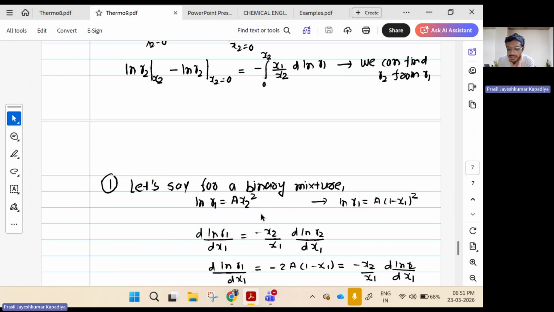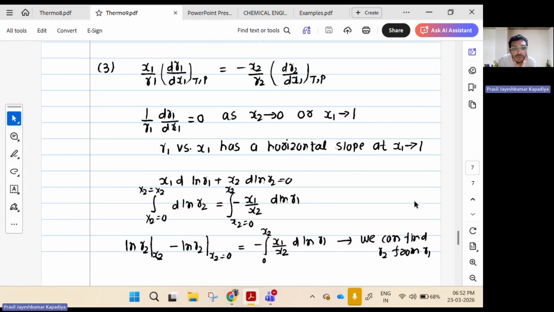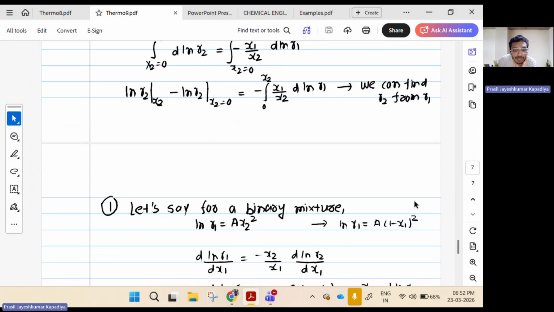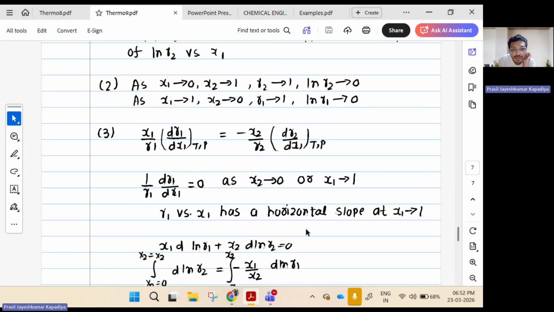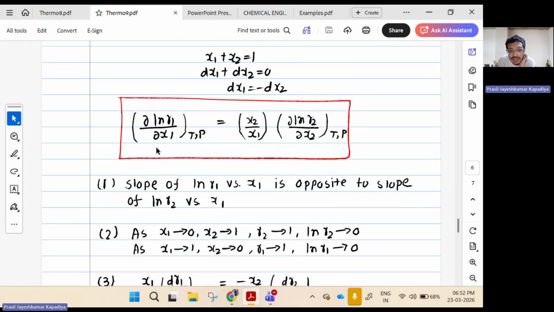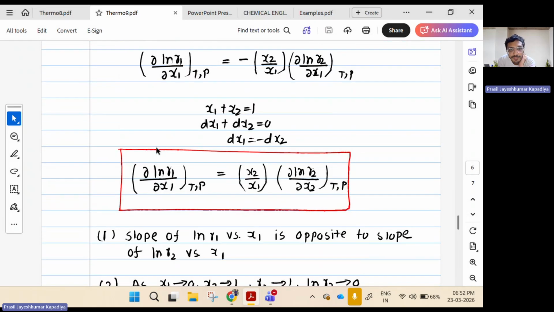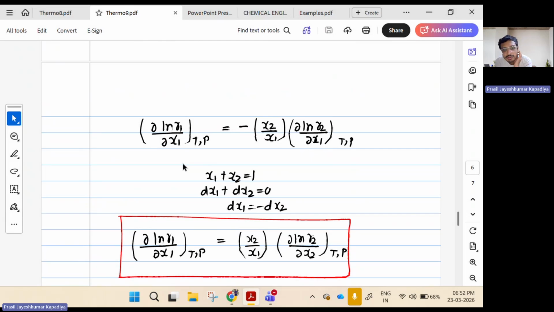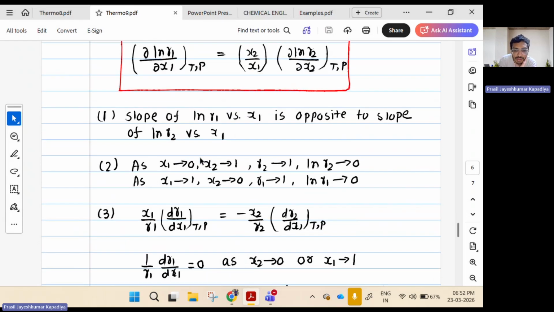That is one kind of expression I am writing. Okay, so let's say ln gamma 1 is equal to a x2 squared. So in terms of x1, I can write it down as ln gamma 1 is equal to a times (1 minus x1) whole squared. Okay, so d ln gamma 1 by dx1 is equal to minus x2 by x1